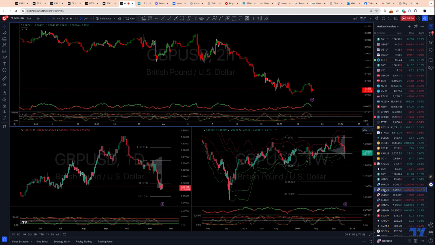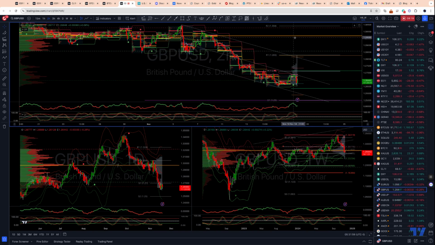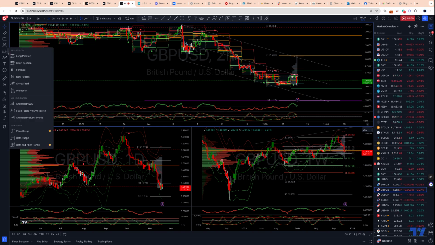And then sterling, last but not least, again, similar setup in play here. We are looking for a test of weekly ascending trend channel support, which comes in at 125. And you can see here on the trading time frame, the 2-hour time frame, we have 1, 2, 3, potential wave 4 low in place now. Potential wave 3 low in place, and we're looking for a wave 4, something similar in scope and scale to wave 1 as always,